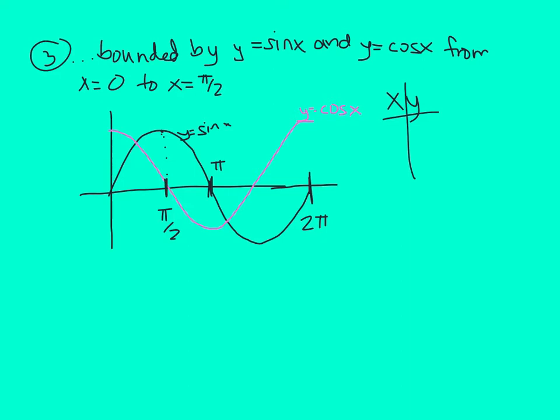You do need to know a few important things from the unit circle. So for this problem, we are actually finding this shaded area starting at 0, which is here, all the way to pi over 2. And the thing about this problem that makes it different from the previous ones, other than the trig part of it, is that